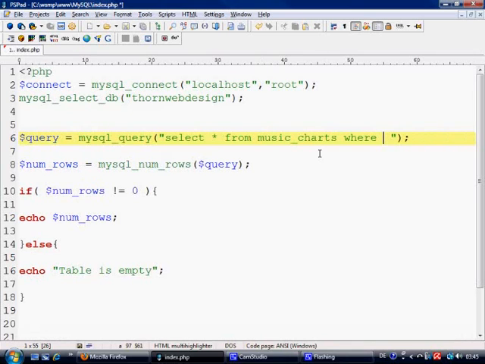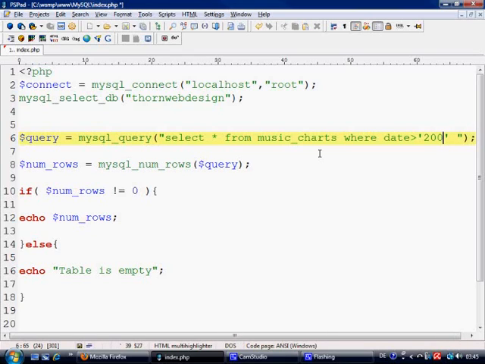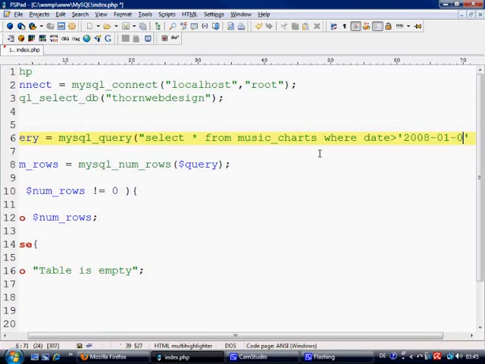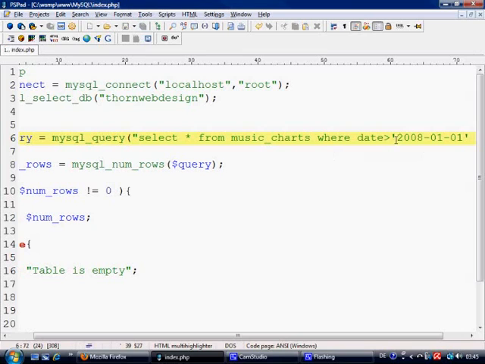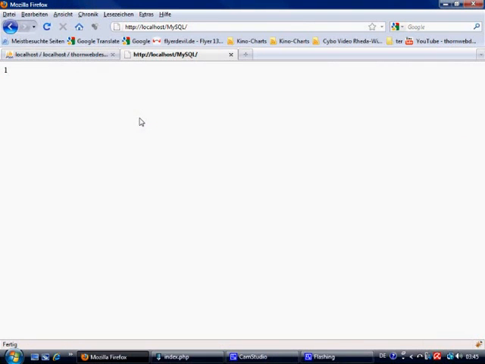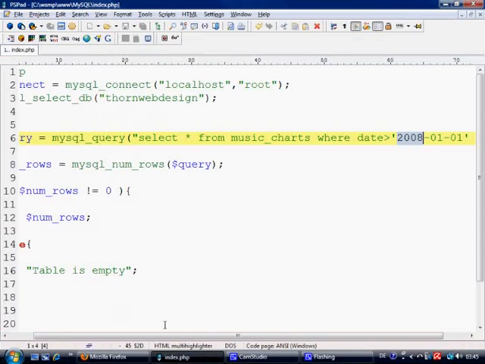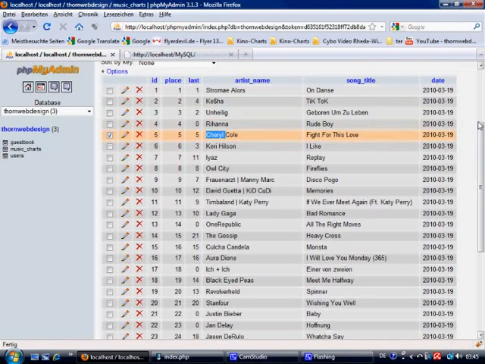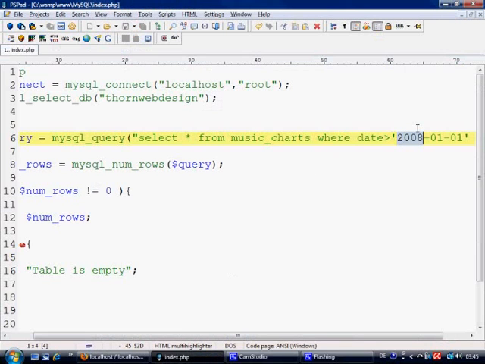Okay, where dates is more than 2008, shall we put in 0101. So anything where the date is more than 2008 basically. So let's come back to here, refresh, and we get 29. That's simply because if we look at all these dates, they're all 2010, 3rd of the 19th. So if we put in 2010, 03, and then put 20,